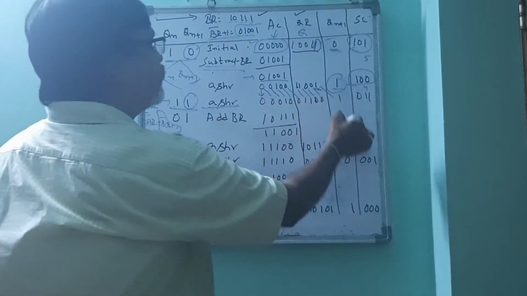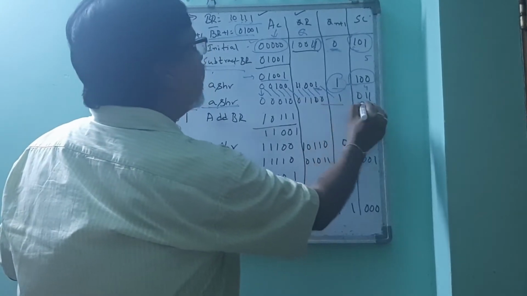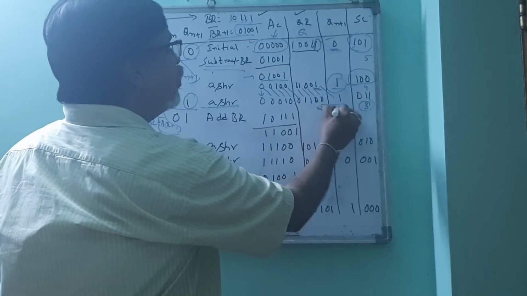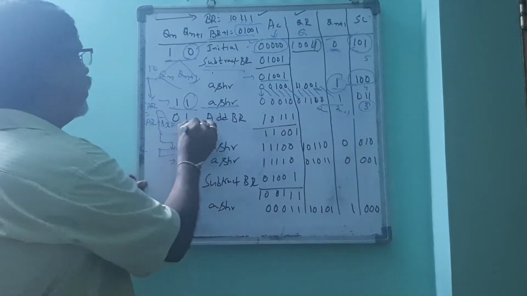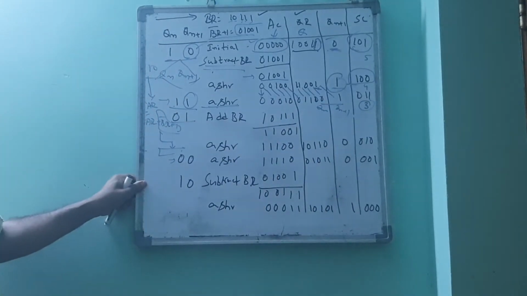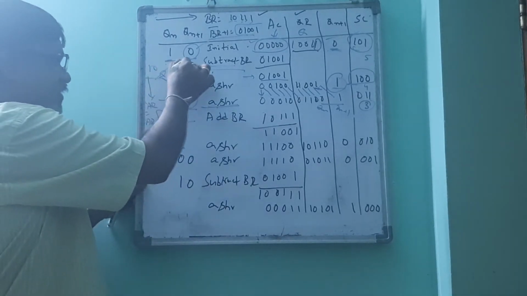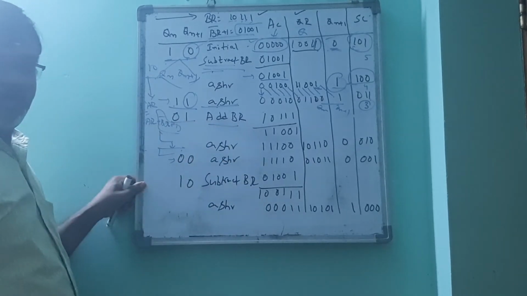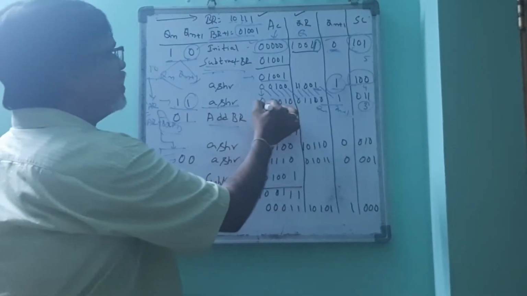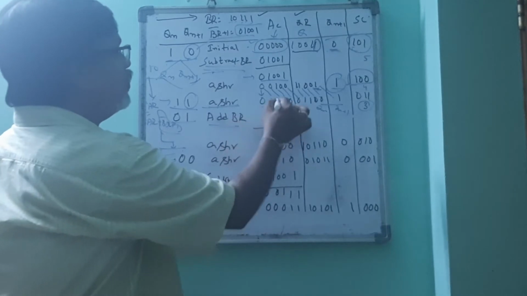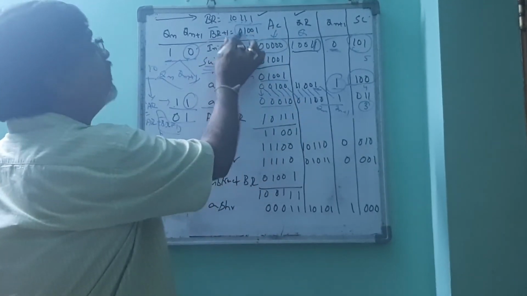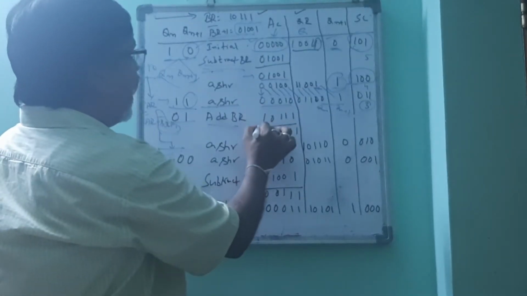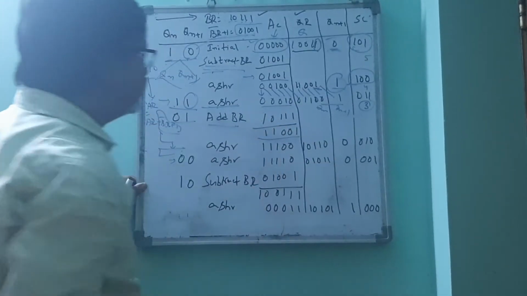So here after performing the shift operation, you just see this will become 3, and Qn is 0, Qn plus 1 is 1. So in the 1 0 case we perform subtraction, in the 0 1 case we perform the add operation. So whatever the result we got here, for that we are going to add BR. So here this is not BR, this is the complement of BR.